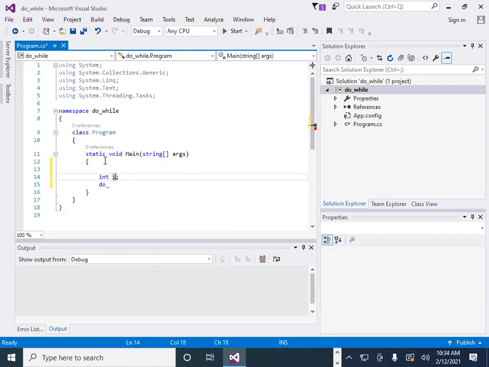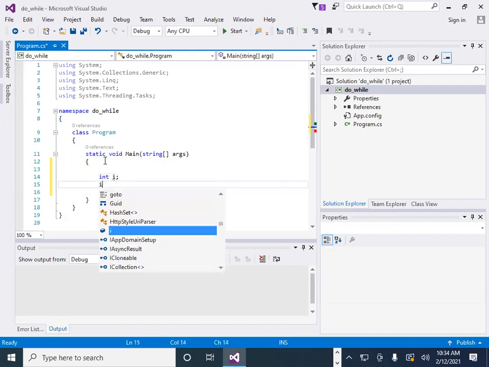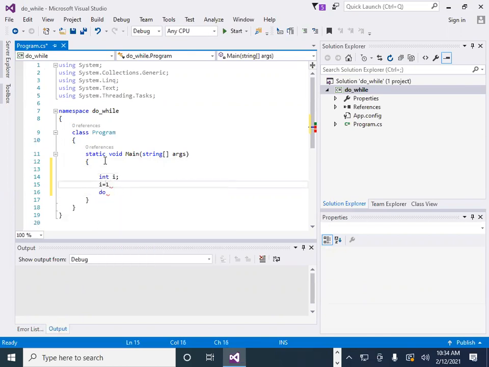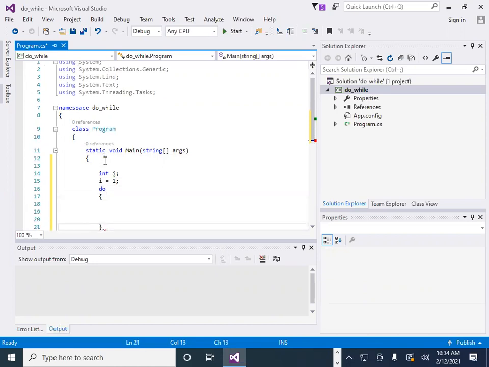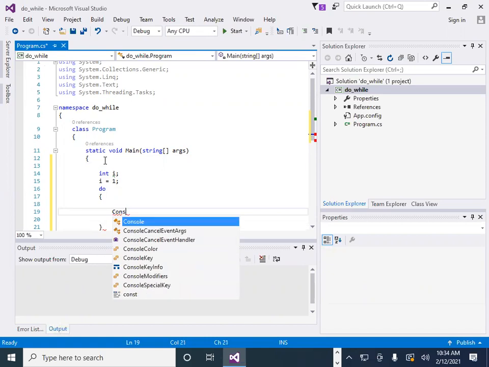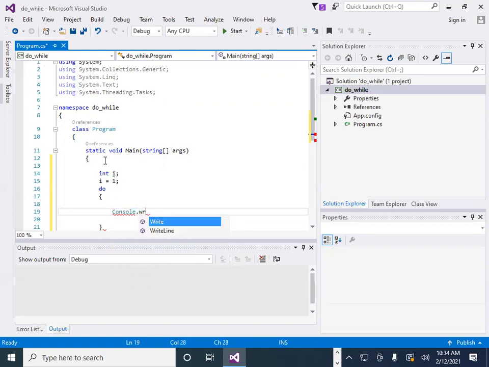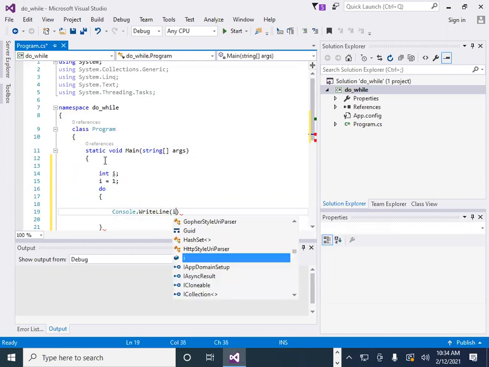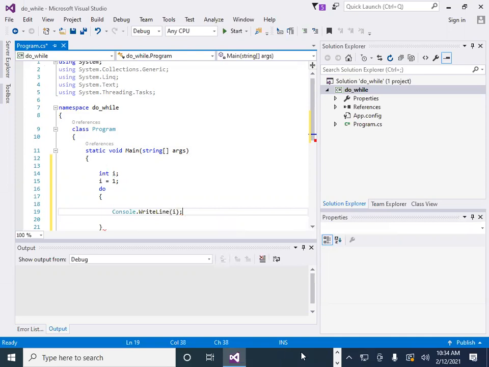We assign some value to I, that is I is equal to 1. After that we start the do loop. In do I write console dot write line. Here we print the value of I, and after that we write the while condition.